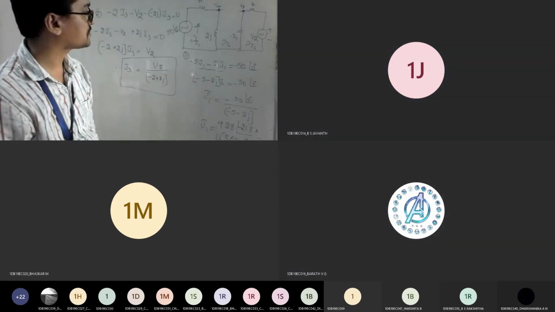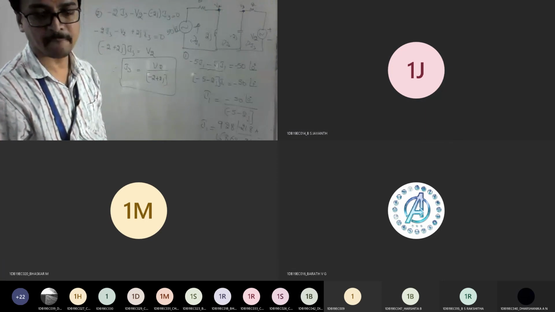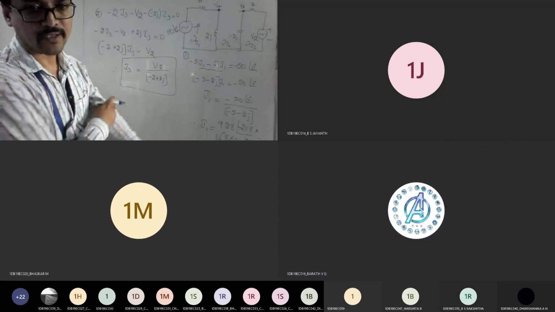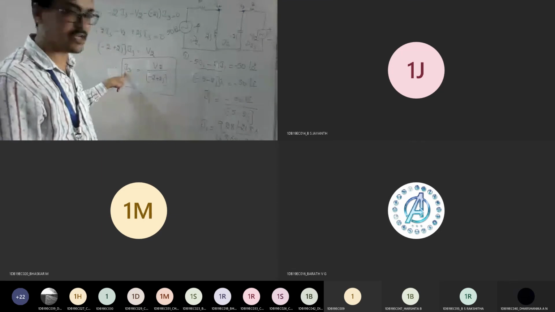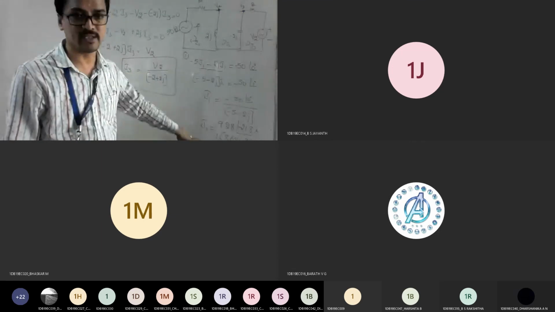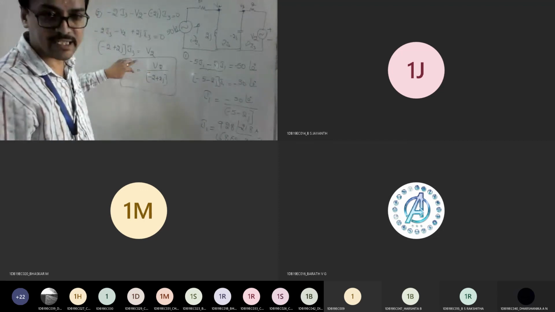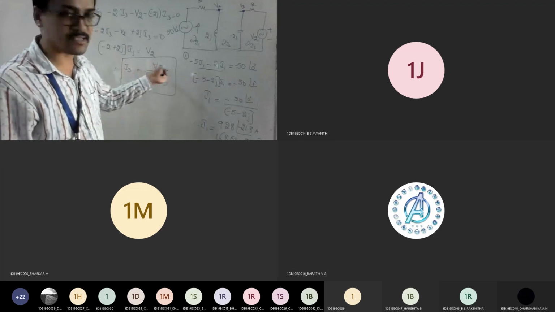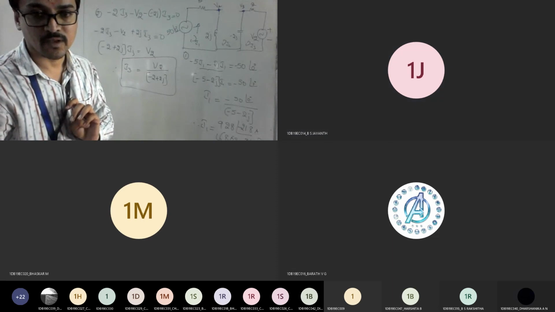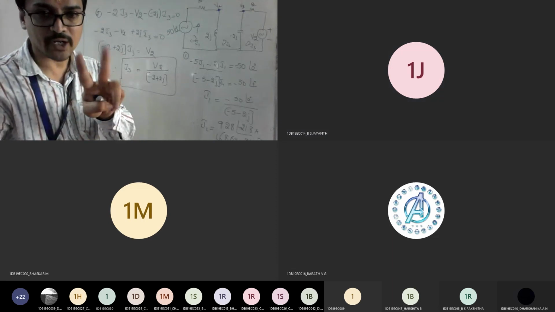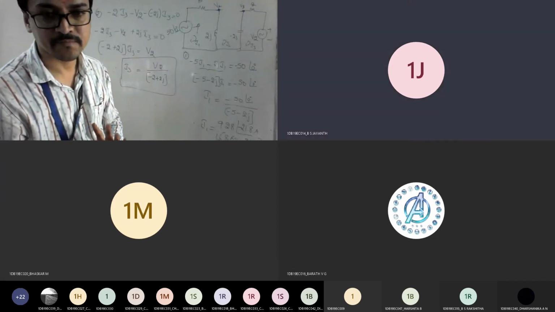Any doubts anyone till here? Shall I proceed? Now listen carefully. I need to find V2, where I don't know I3, and I don't know I1 also. I1 is known. But in this equation there is no I1, so I can't write I3 in terms of I1 and substitute here to get V2. Out of 3, 1 is known, 2 are unknown. If 2 were known, I could have calculated the remaining 1. Agree, everyone? Yes, sir.